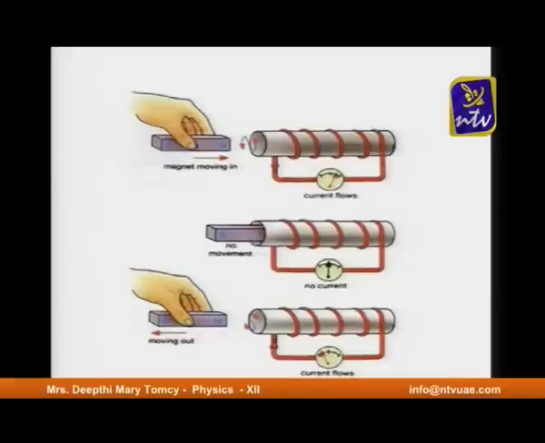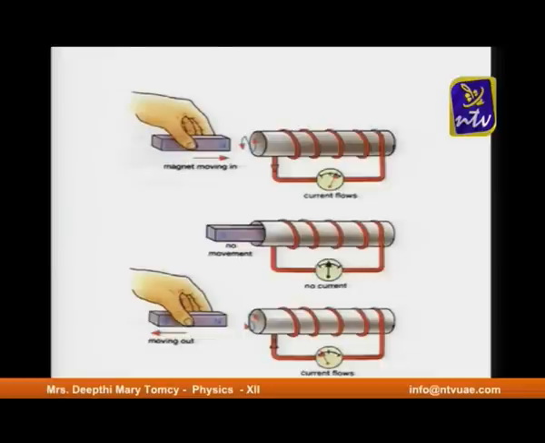And in the next one, you can see when you move the magnet inwards, the current flows because there is a change in magnetic flux, and this change in magnetic flux is occurring due to the change in magnetic field. You are not changing the area, you are not changing the orientation, but you are changing the magnetic field with respect to the coil, thereby it shows a deflection towards the right side because of the current flowing.